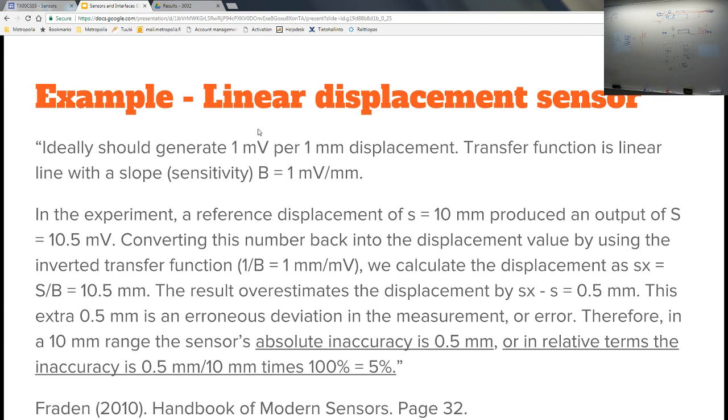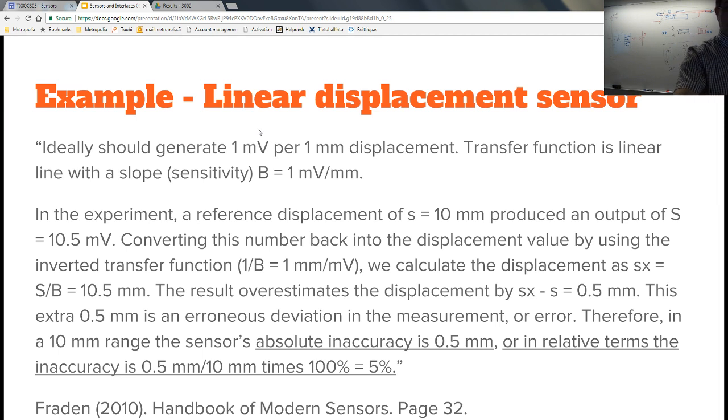Okay. So linear displacement sensor, 1 millivolt per 1 millimeter. Displacement transfer function is simply a single slope, but okay,